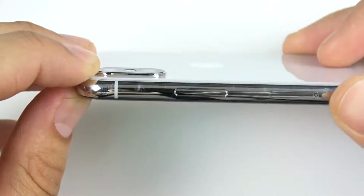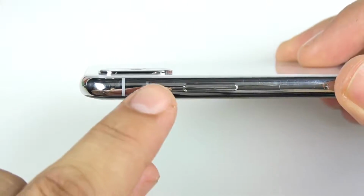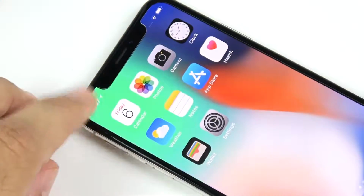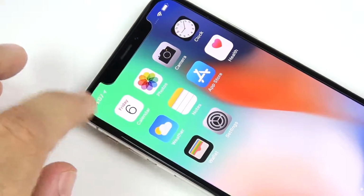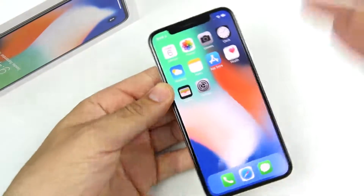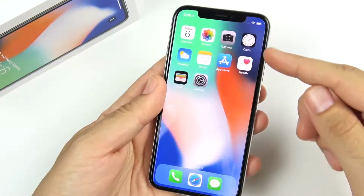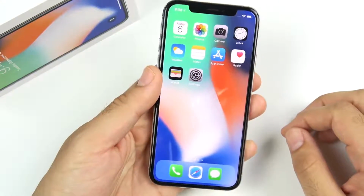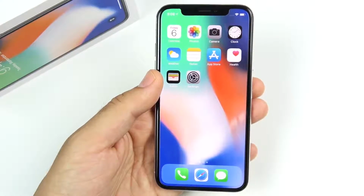However, I think most people are using a case. There's one of those scratches I was talking about right there. So if you put this phone on a table, you can see it will rock quite a bit. So it's not the perfect device overall. And another thing is, I think that for the future iPhone, we could see Apple get rid of this notch up here. We'll talk more about the notch later, but overall I think it's a super well balanced phone, and